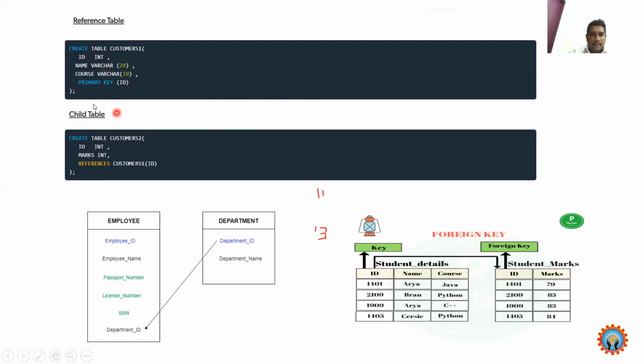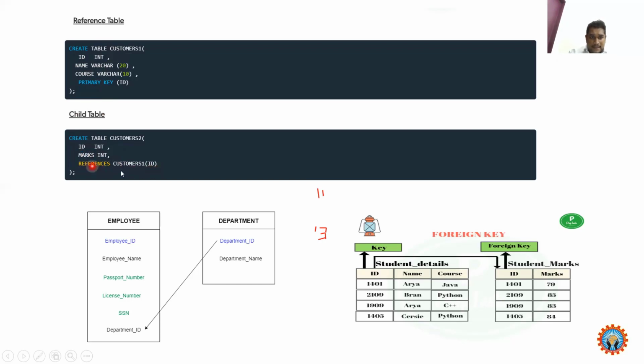If you want to go for the child table, this id is the master table id, and this references the customers id.